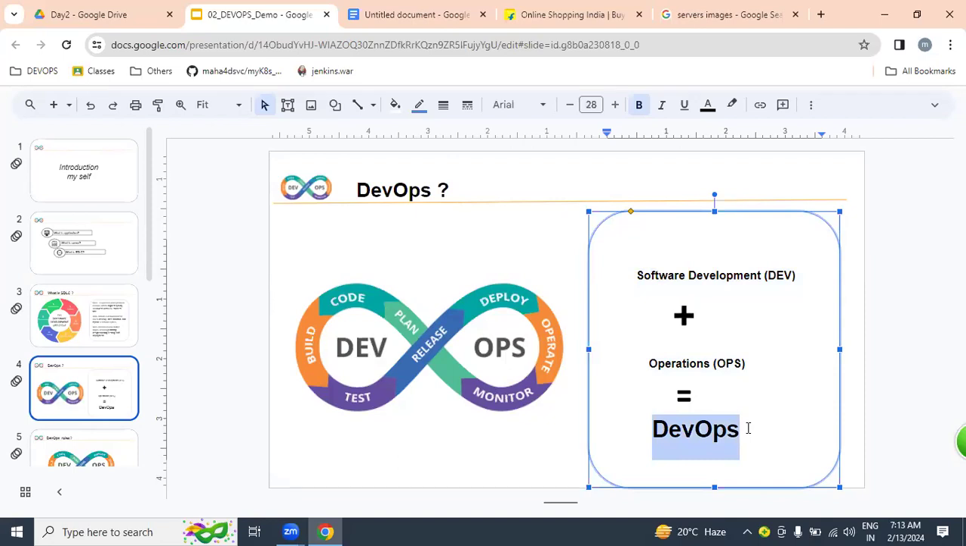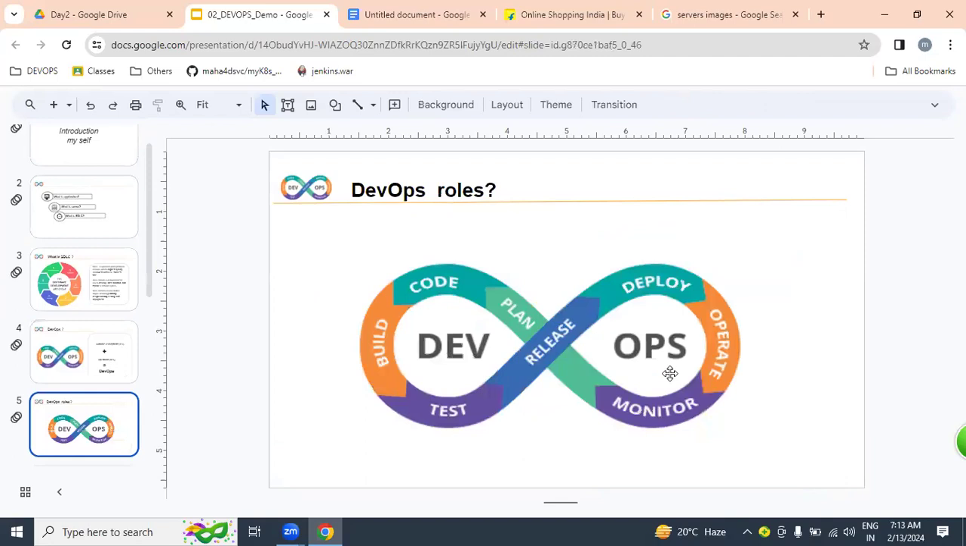It's nothing but what? DevOps. Means our roles and responsibilities start from where? Dev environment, ends with what? Operation. That means, exactly, our roles and responsibilities start from the dev environment, which means we're part of coding, build, test,